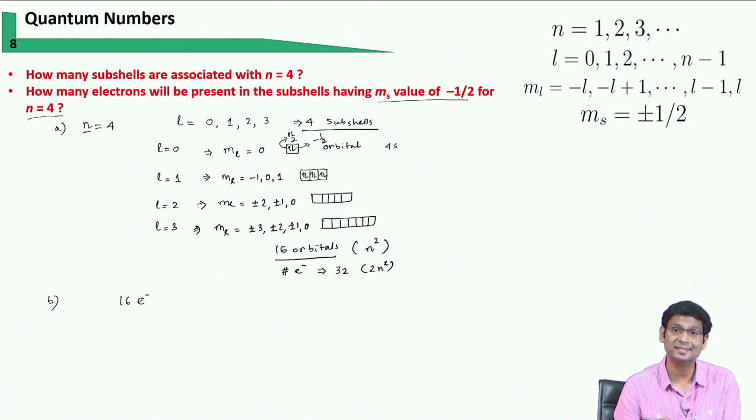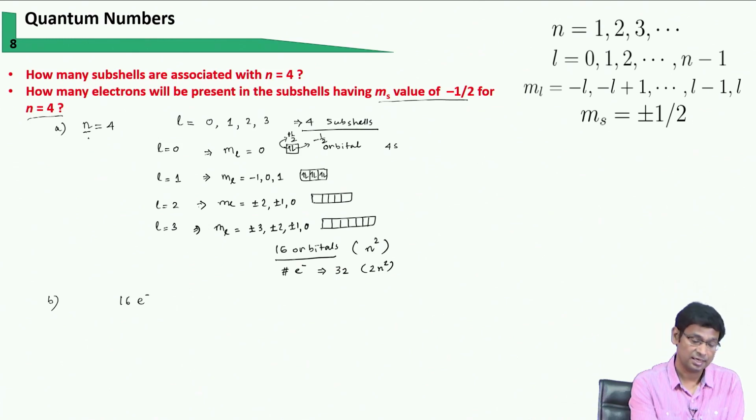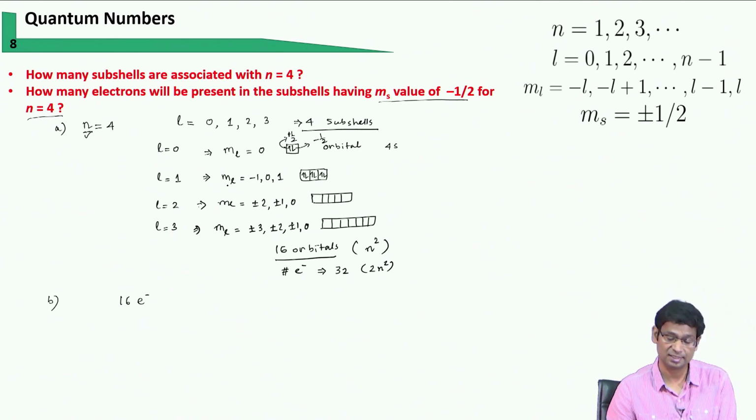So in this way, what you should learn in this problem is that each electron in this case has a specific identity. It has an identity with respect to the principal quantum number. In this case n is 4 for all these 32 electrons. They can have one of these 4 subshells, 0, 1, 2, 3, that is 4s, 4p, 4d, 4f orbital subshells, and in each case 4s will have 1 orbital,